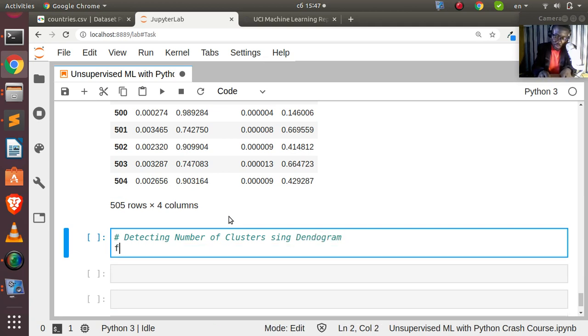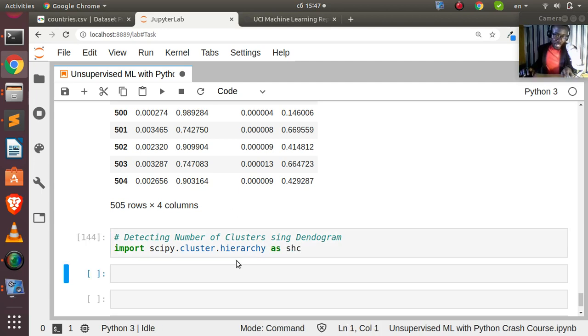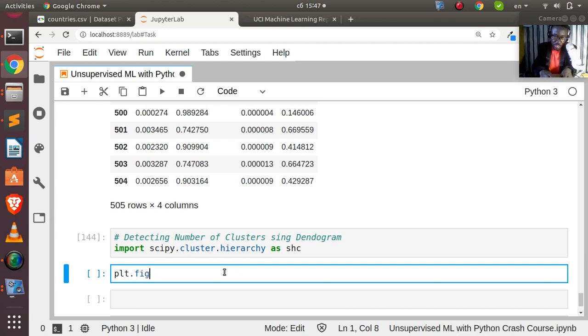So it's going to be like this. Let's import SciPy. So import scipy.cluster.hierarchical as shc, right? Then we will use this one to help us plot. So let's create a simple plot. plt.figure, then figsize is equal to